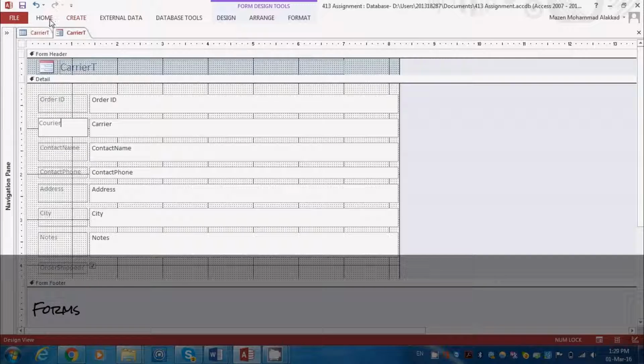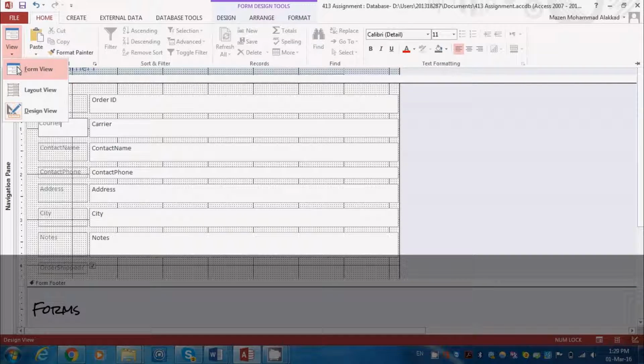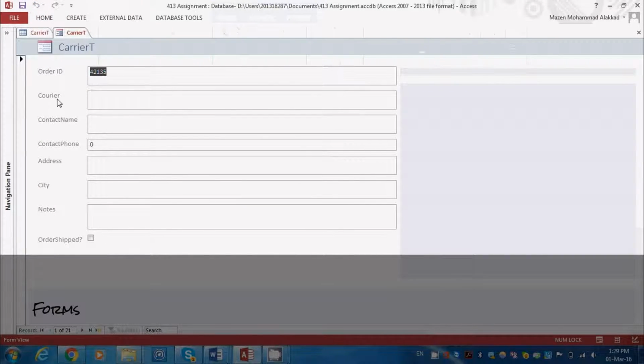So there's that, and I will go back to form view, and as you can see, I have courier instead of carrier right now. And this is actually pretty much what you could do with forms, and it doesn't actually have to follow what was in the table, because if you go to the bottom left, you'll be presented with a small arrow,